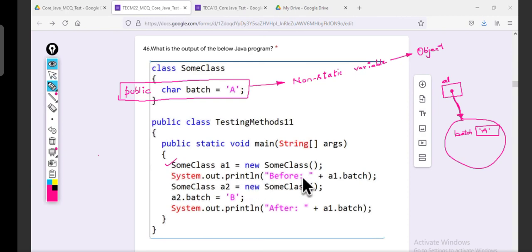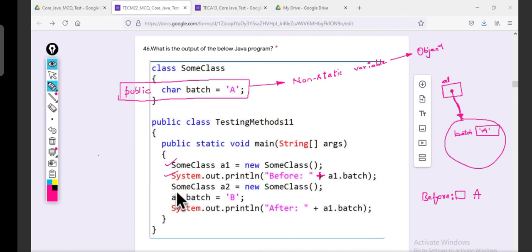Print before, colon, space, plus, the joining, concat. A1 dot batch, A. Done. This line is over.